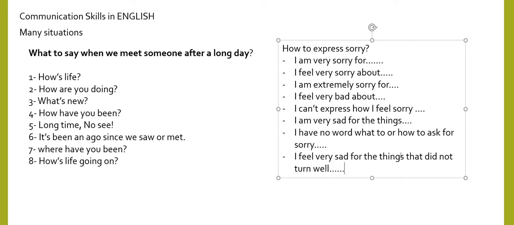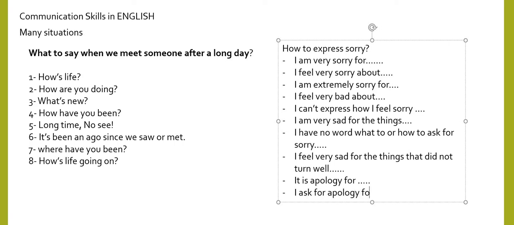So you can say it in that way also. It is my apology for that. In that way also, you can say I apologize. But you can make it a verb also. I ask for apology for,